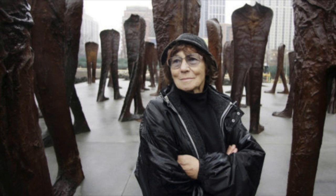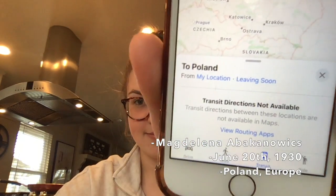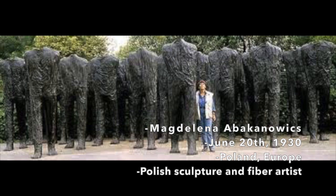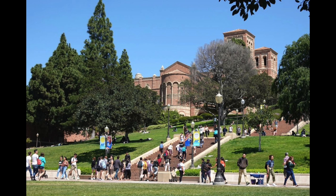The first artist we'll be looking at is Magdalena Abakanowicz, born on June 20th, 1930. She is from Poland, Europe, and was most notable for being a Polish sculptor and a fiber artist. She used lots of textiles as a sculptural medium. She's one of Poland's most internationally acclaimed artists. She was a professor at the Academy of Fine Arts in Poland from 1965 to 1990 and a visiting professor